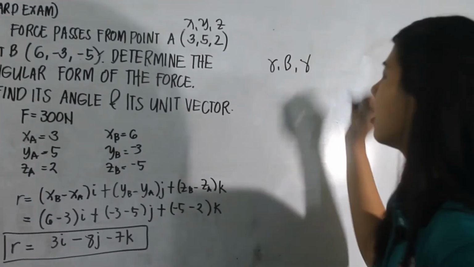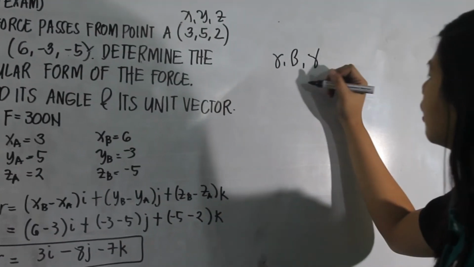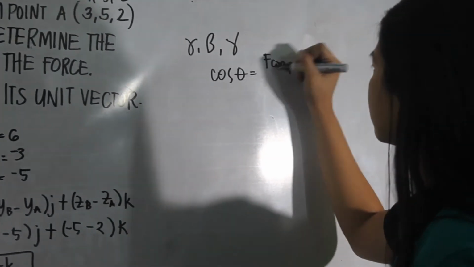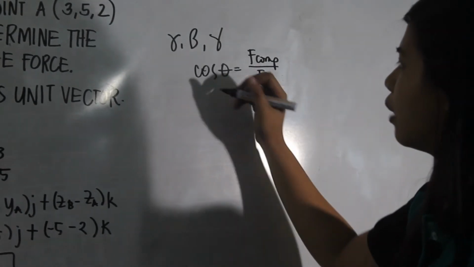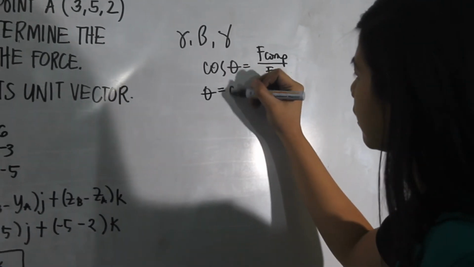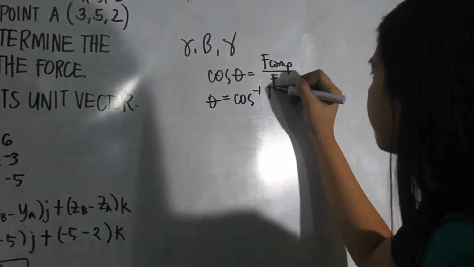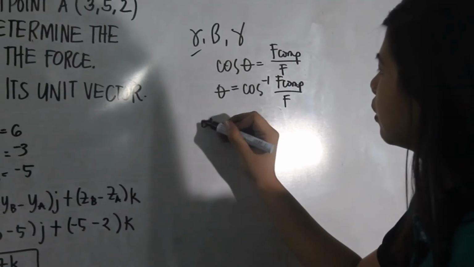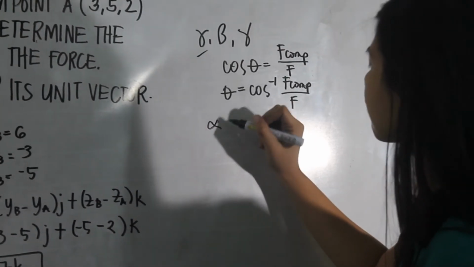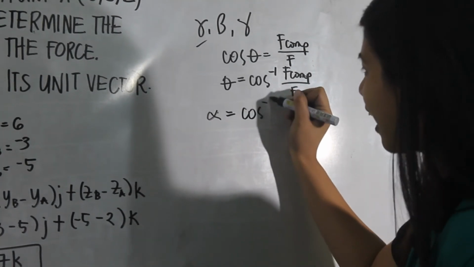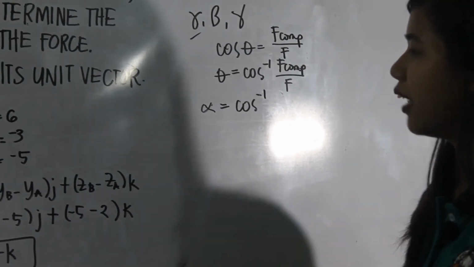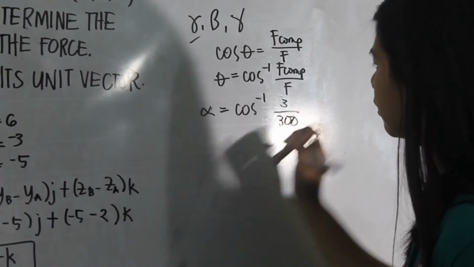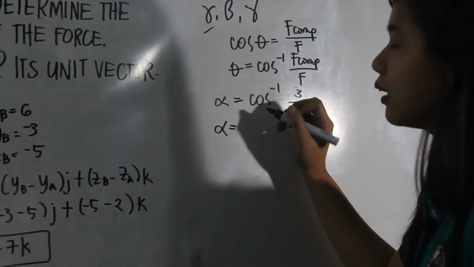alpha, beta, and gamma, just simply use this: cosine theta equals the F component over F. For getting the angle, we have theta equals arc cosine of the F component over F. For getting alpha, we have arc cosine of Fx, which is 3 over 300 Newton. And that will be